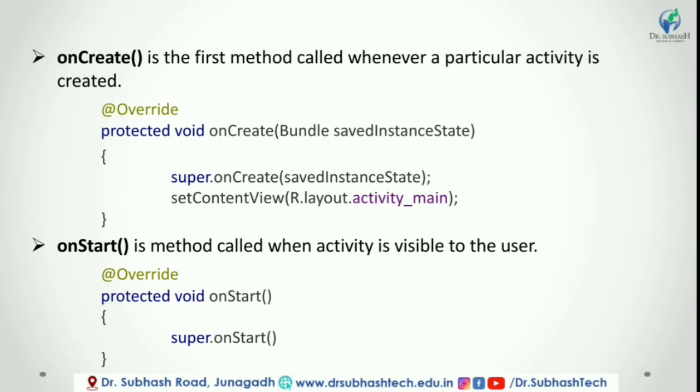Next method is onStart. Once onCreate method execution is finished, the activity will enter the started state and the system calls the onStart method. The onStart callback method will be invoked when the activity enters the started state by completing onCreate. The onStart method will make an activity visible to the user, and this method execution will finish very quickly. Following is an example of defining the onStart method in an Android activity.